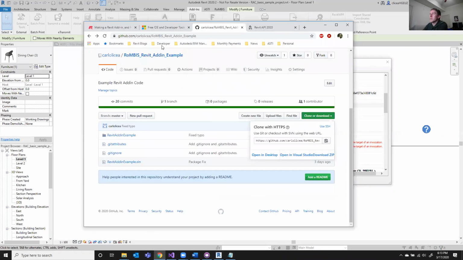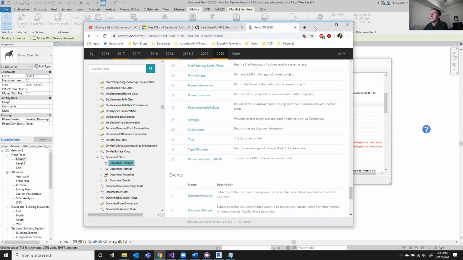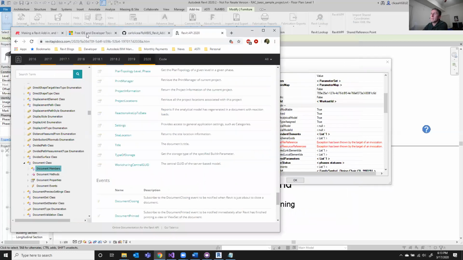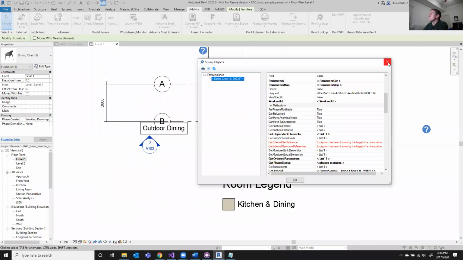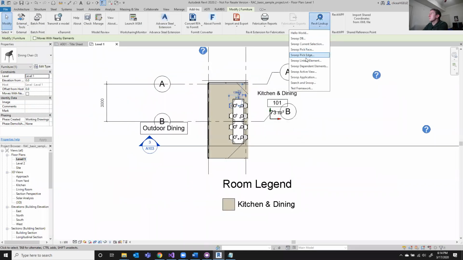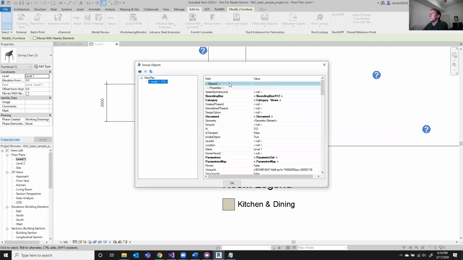So if you wonder about things in the Revit API, I'm going to RevitAPIdocs.com for this, which has all the Revit API information online, so you can easily browse it. I'm looking currently under the document class, which is, of course, a Revit document. If I was to go to my Revit lookup and say, look at my active view and the document that's a part of,